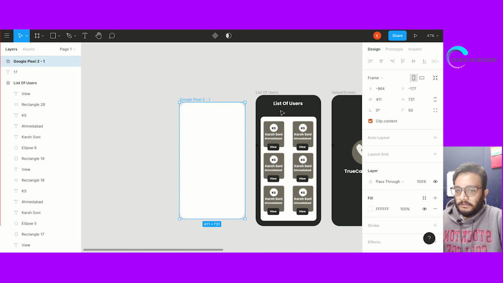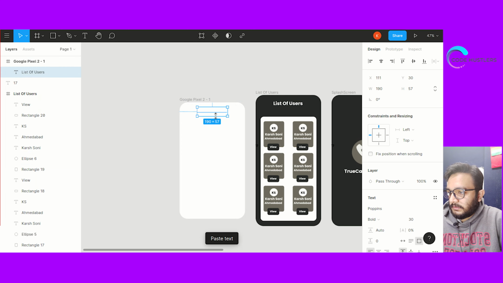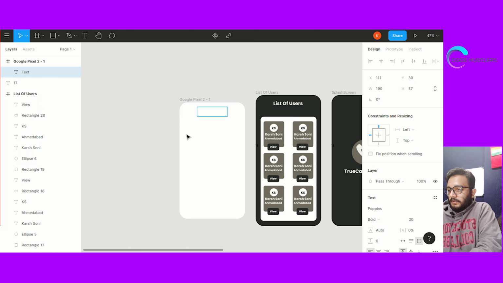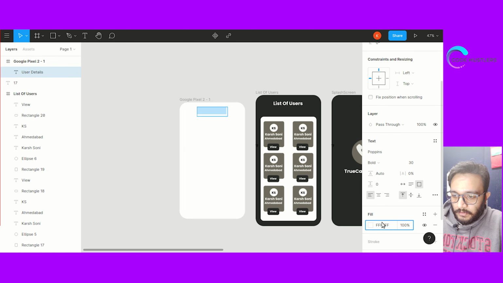Now we'll have these things, so let's just copy paste it in here, give it a name, list user details, give it a color, so let's just give it 000.